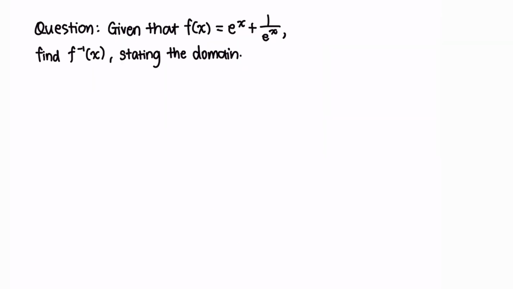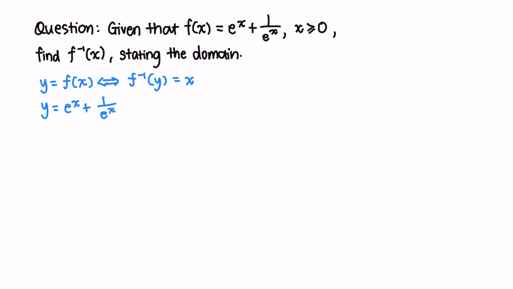This, in fact, is just a question I pulled out from IB. The first step you always do is y equals f of x, which means that f inverse y equals x. So y equals e to the power x plus 1 over e to the power x. And actually, to isolate the x for this, we want to convert this into a quadratic in terms of e to the power x. So I'll have y e to the power x equals e to the power 2x plus 1, which means that e to the power 2x minus y e to the power x plus 1 equals